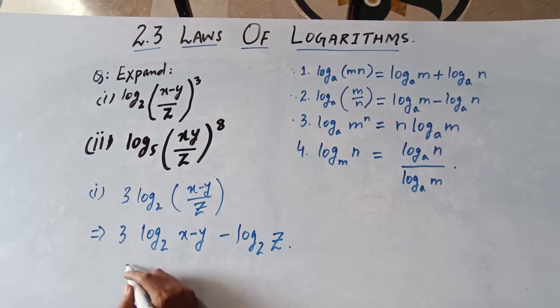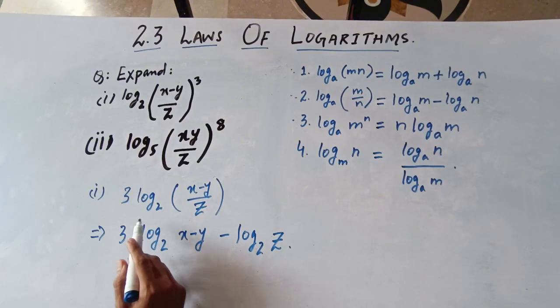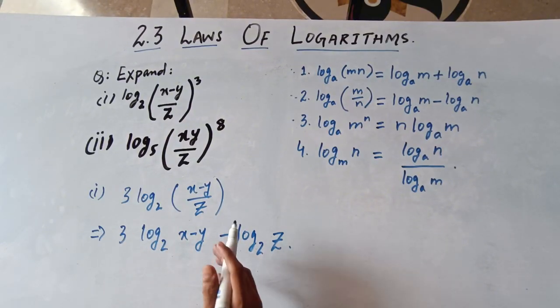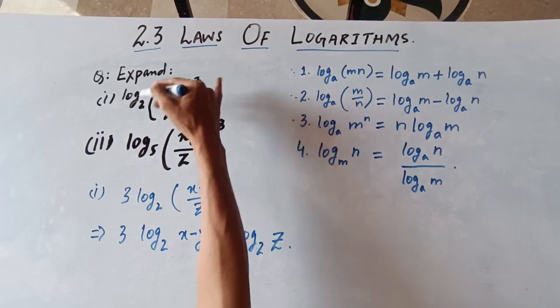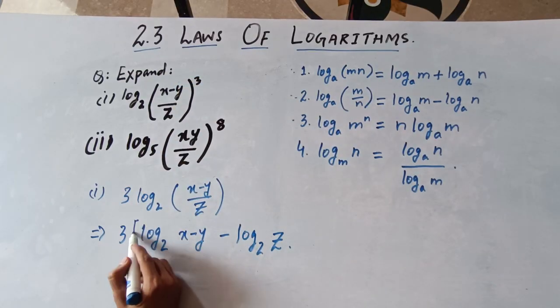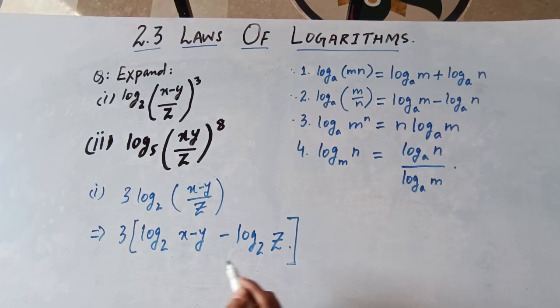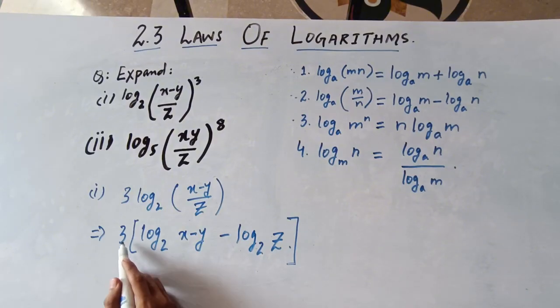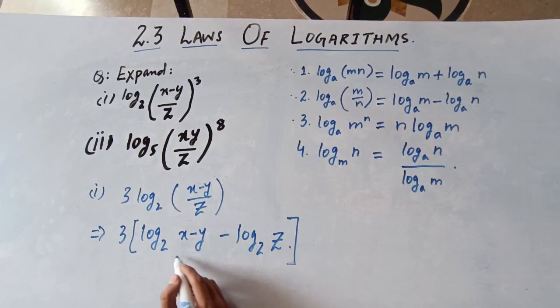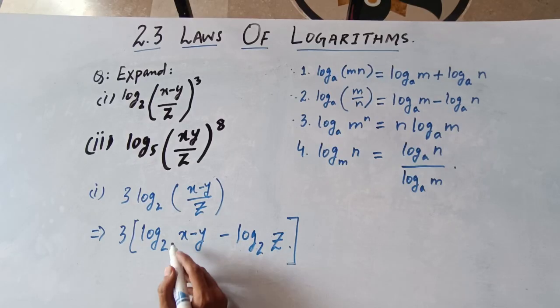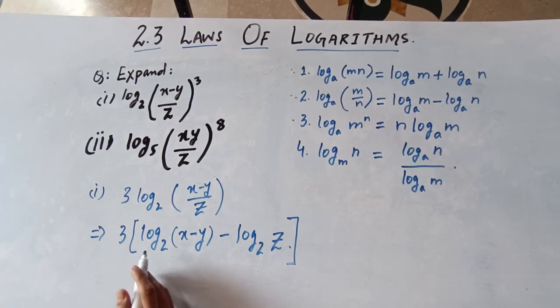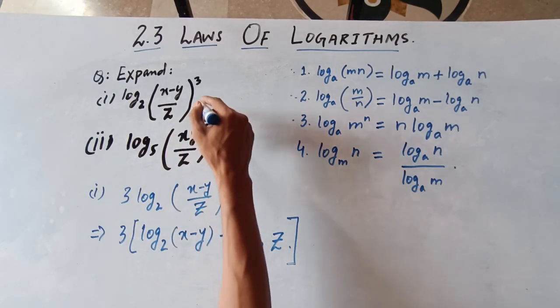But wait, one thing which is very important that you need to understand, that always use the bracket when the number is multiplying with the whole or multiple terms. So over here the power actually was with the whole bracket. So if you will not use the bracket over here like this, it will look like that this particular 3 is with this x minus y, which is incorrect. So remember this particular thing. So this is your expanded form of this particular question.